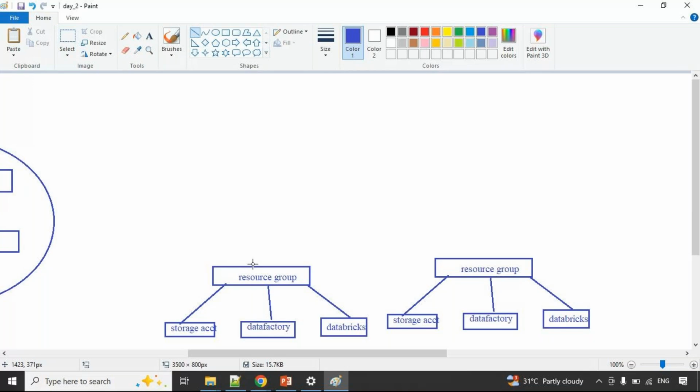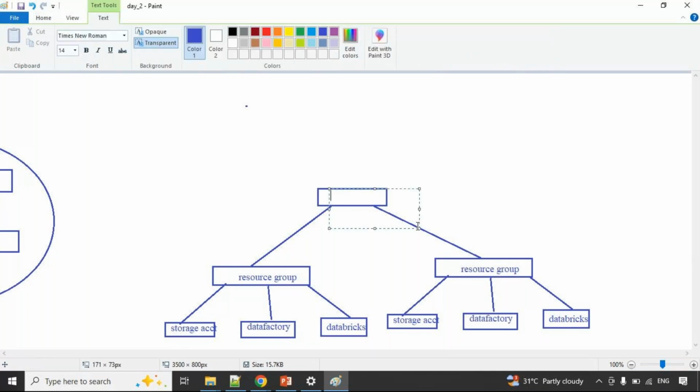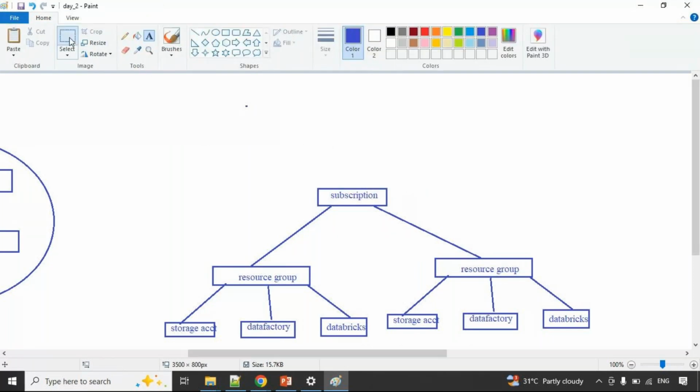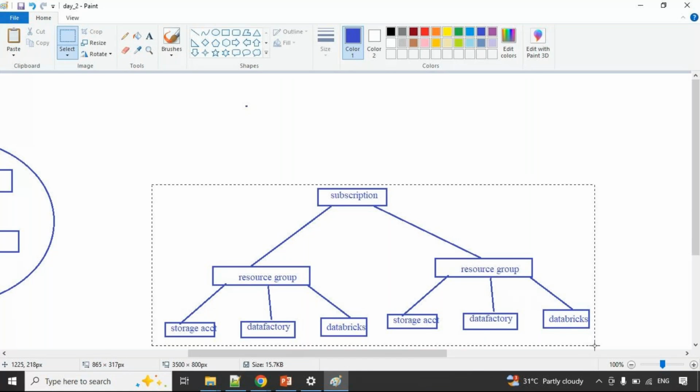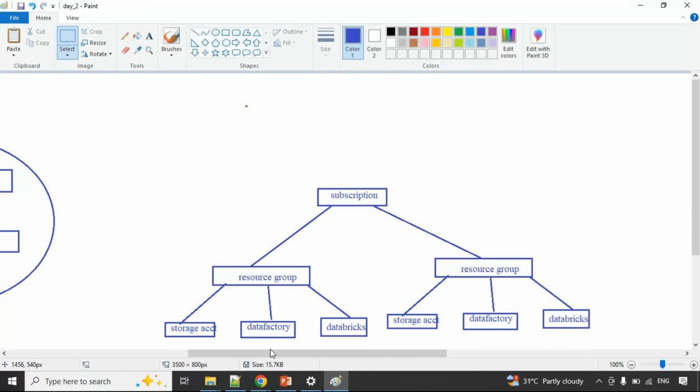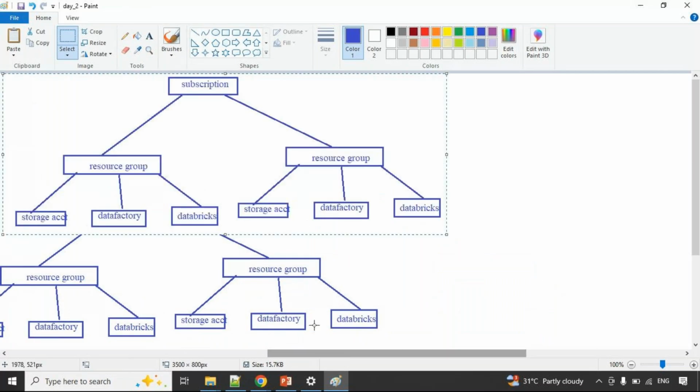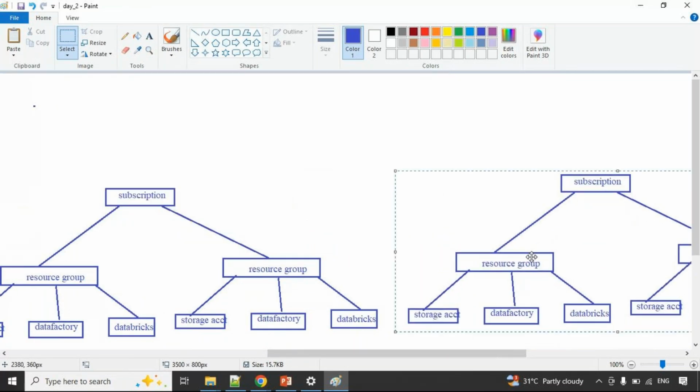These resource groups are connected with the subscription. Like this, environment specific generally, development environment one subscription, test environment one subscription, so multiple subscriptions will be there.